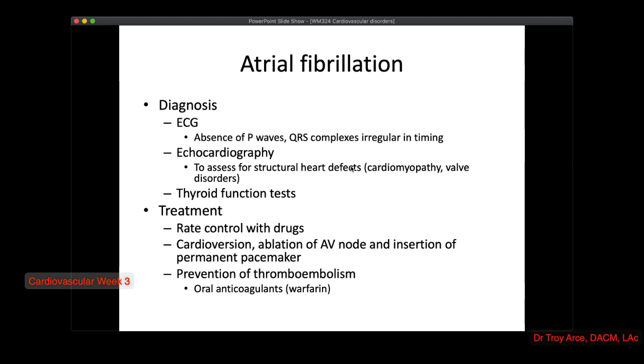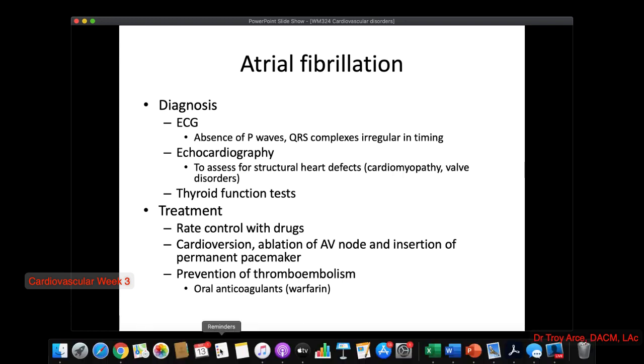Treatment, you want rate control with drugs. They also do cardioversion and ablation of the AV node and insertion of permanent pacemakers. And there's also concern, as always, with prevention of thromboembolism. So you're going to have oral